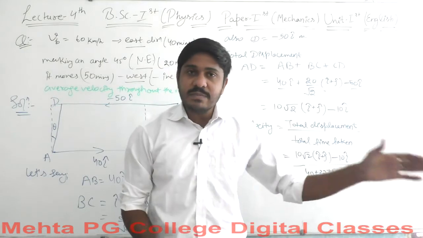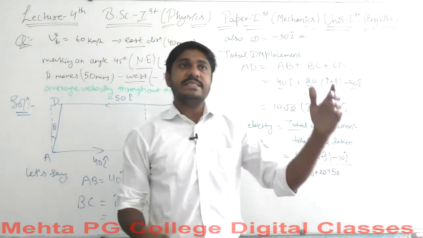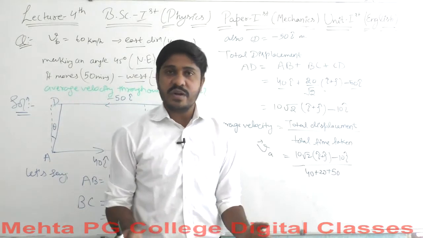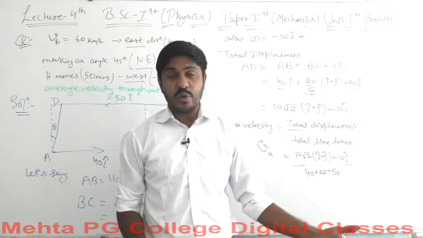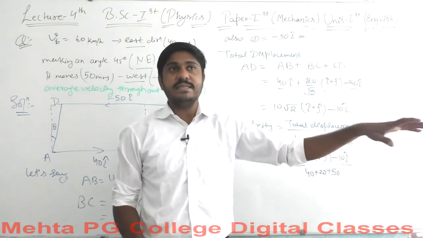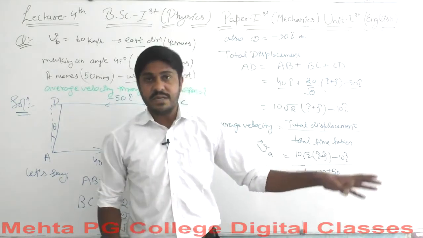The time must be the multiple of you going one way and coming back the same way. Let's say that if you are going from your classroom to your home, it is about 10 minutes. From your college to your home, let's say the distance will take 10 minutes to travel.